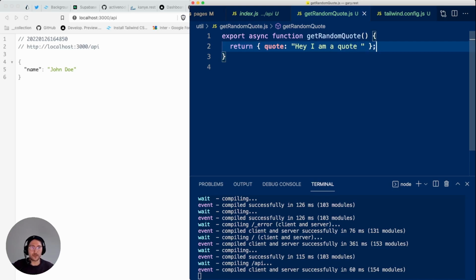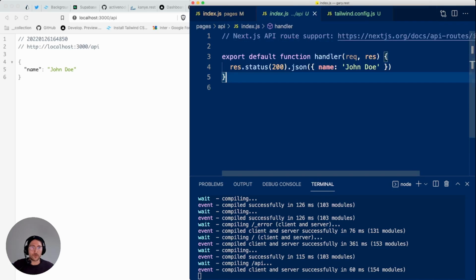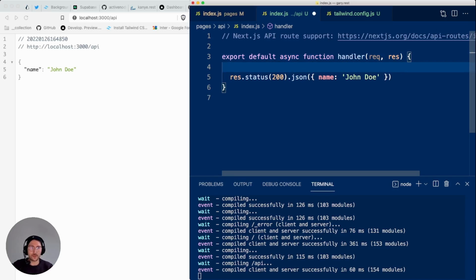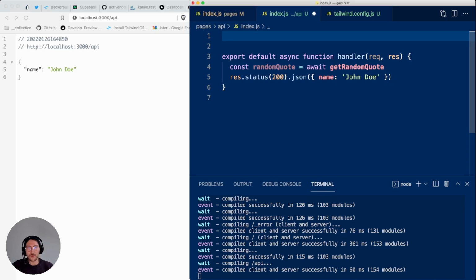Right, something like that. And as a part of the API, we also need to make sure that the export default async function uses the getRandomQuote. So randomQuote is awaiting the getRandomQuote. I'm not sure why it doesn't auto import it, so we'll simply do it.